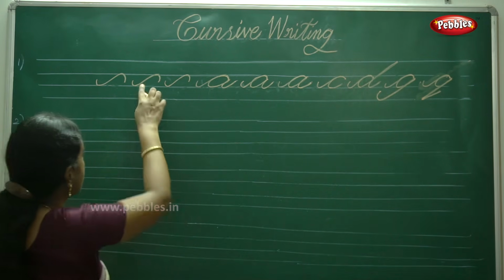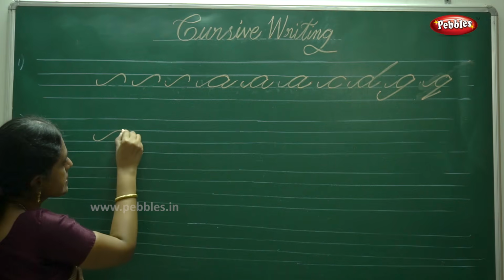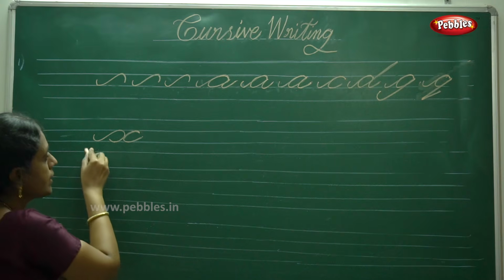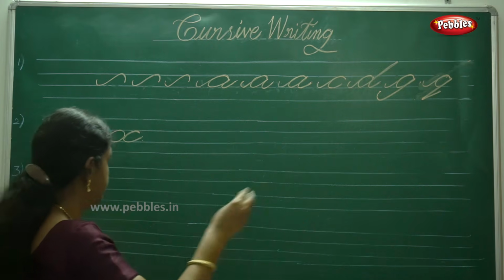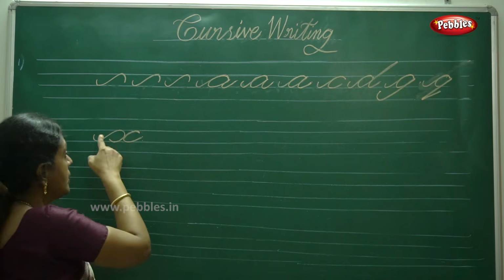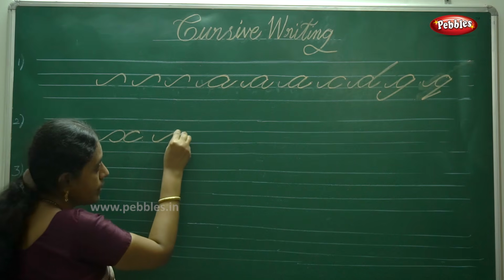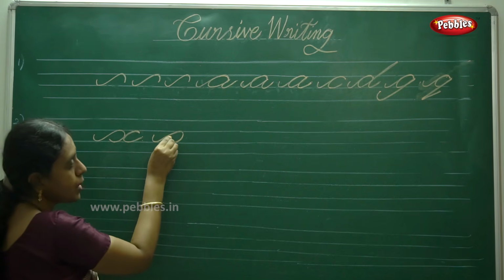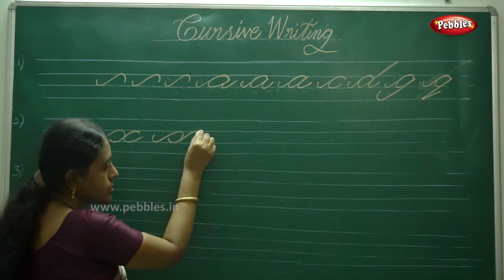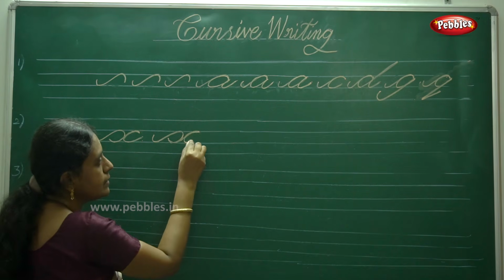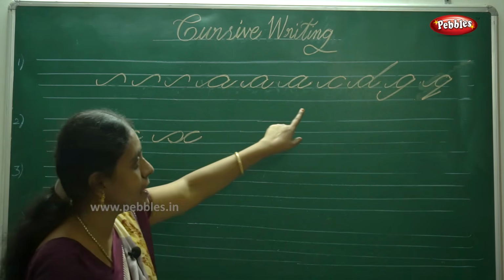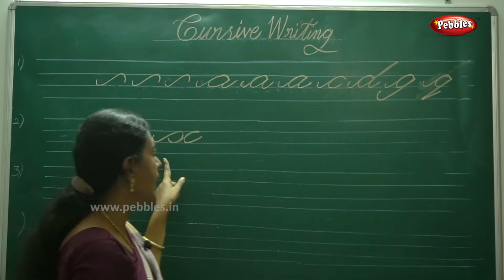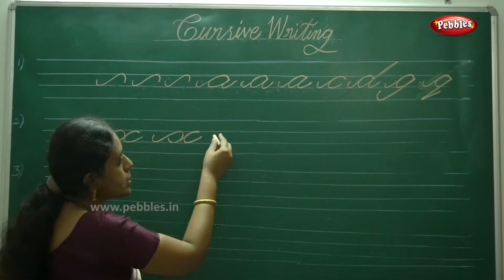Then from the stroke X. Don't take out your hand. You start from here, ends in here. Don't take out your hand. Just observe the spacing also. So draw a basic stroke. S stroke comes down, touch the bottom line and then touch the top line and ends in bottom line. This is X. Okay, A, C, D, G, Q, X and one more alphabet, that is O.